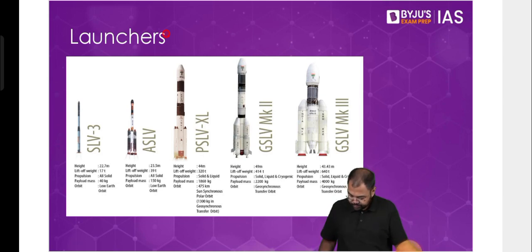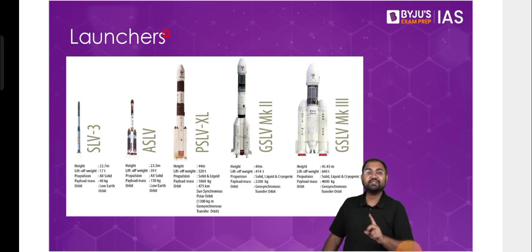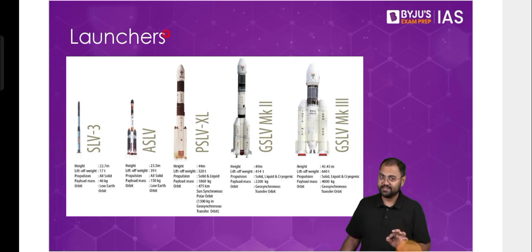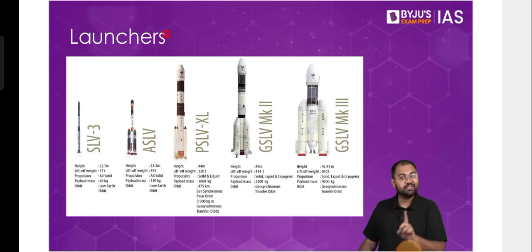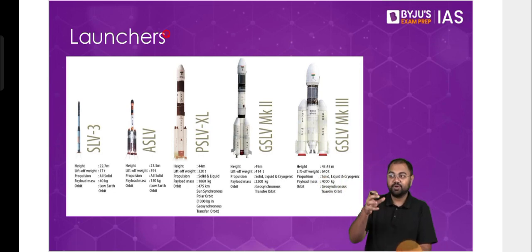Doesn't the presence of Trojan asteroids mean Earth has not cleared its orbit? Wonderful question, Saloni. But I'll tell you no. The reason we say that it's not about clearing the orbit is mainly because they are stuck because of Earth's gravitation. If something has an independent existence, for example, if the Trojan asteroids were just revolving around the sun without any effect from the Earth, then we would say that Earth has not cleared its orbit. But here, these have been stuck at this point because of the gravitation of the Earth.